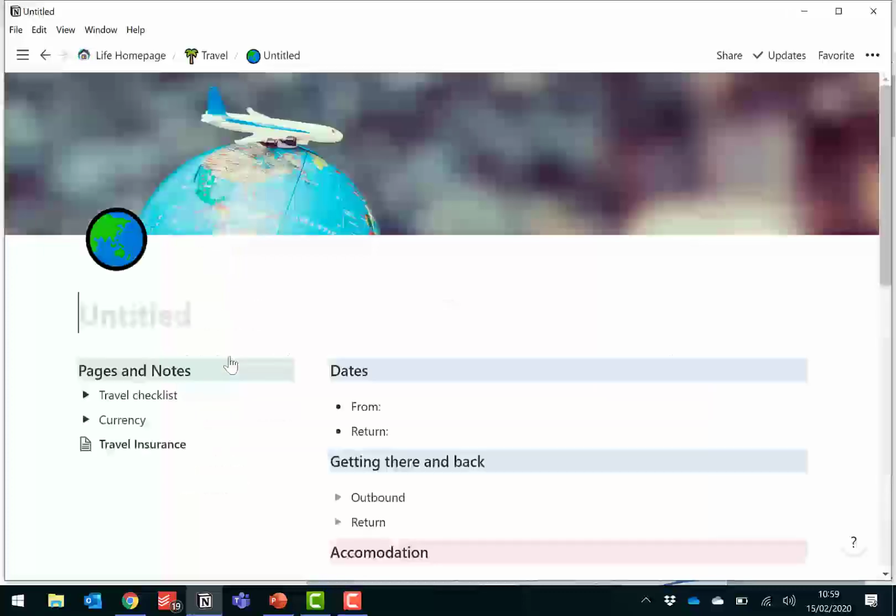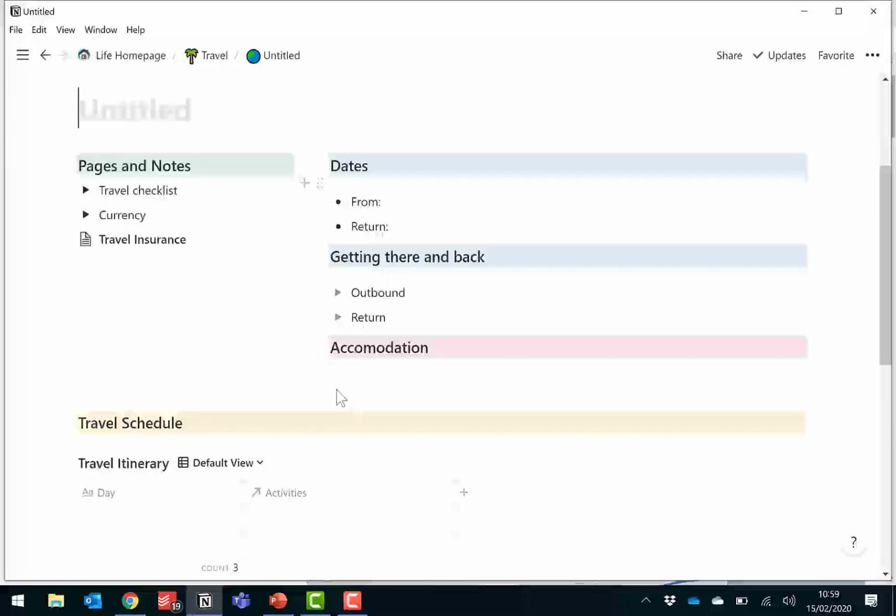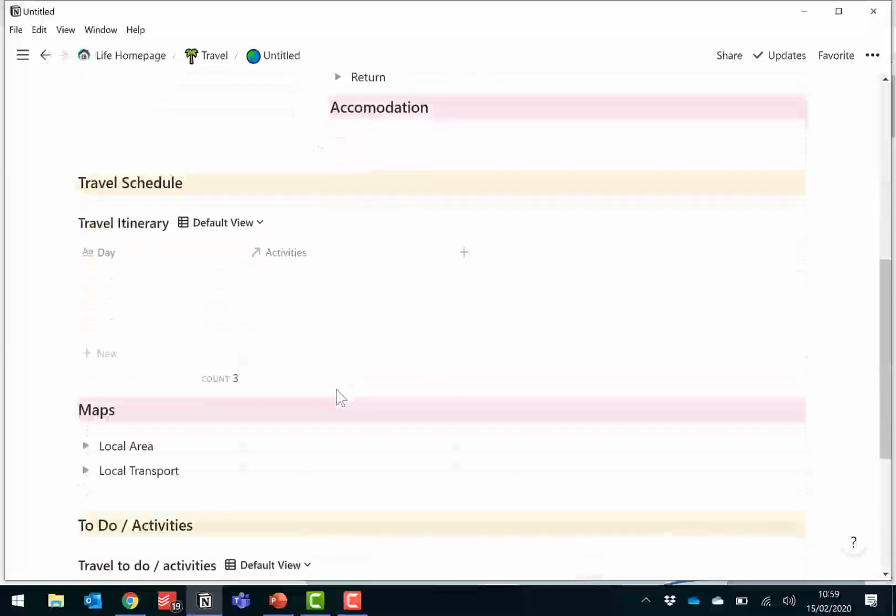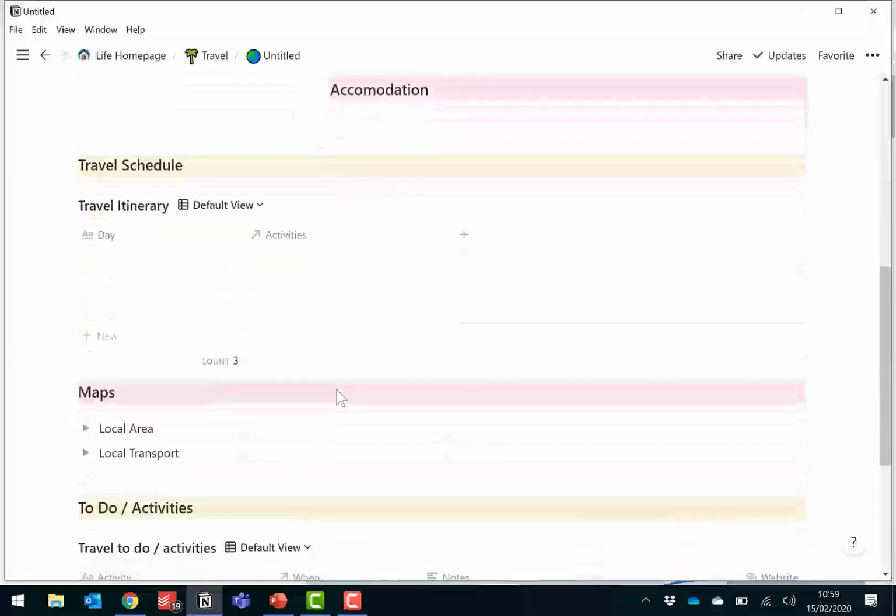And this page is structured in the same way as the last page, but it's blank. So now I don't have to go through creating everything again. Imagine you can have templates for lots of different things, such as meetings, events, projects. I think travel plan is a really good scenario. There are generic templates available at Notion as well.